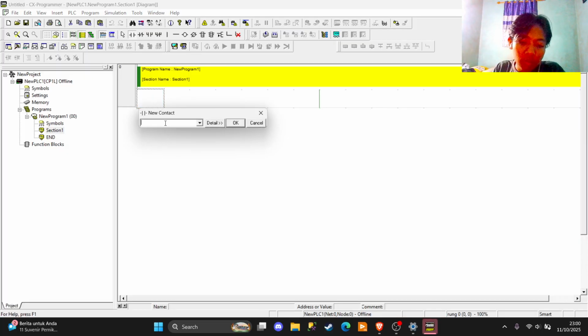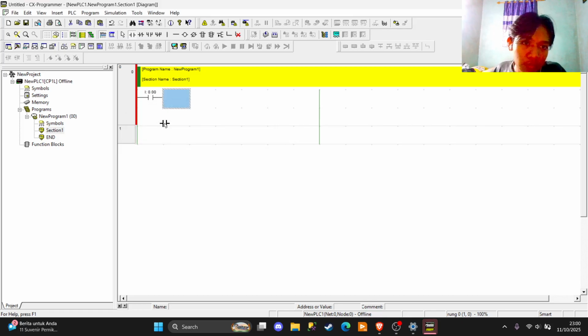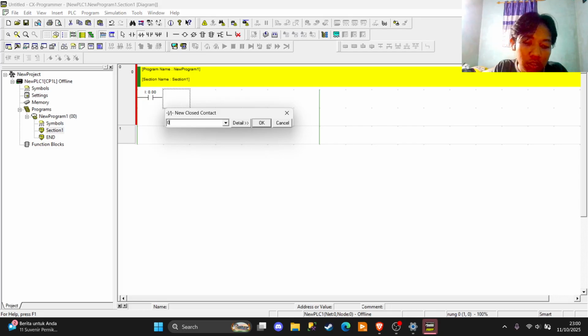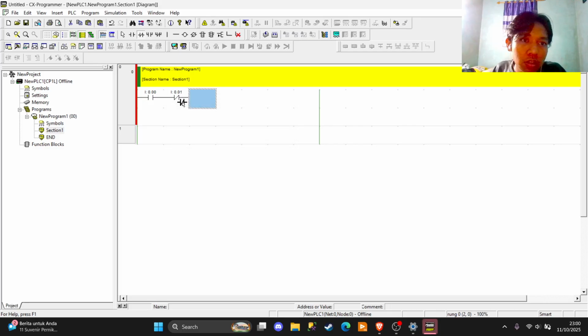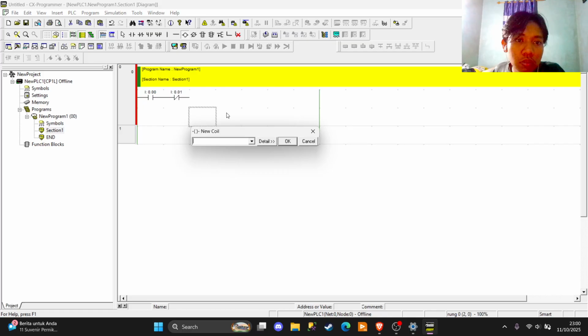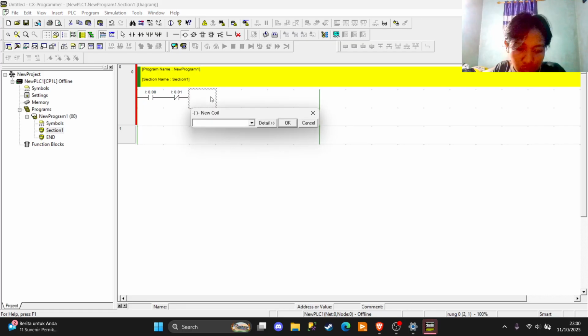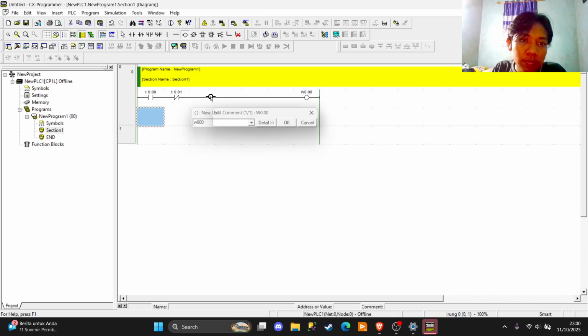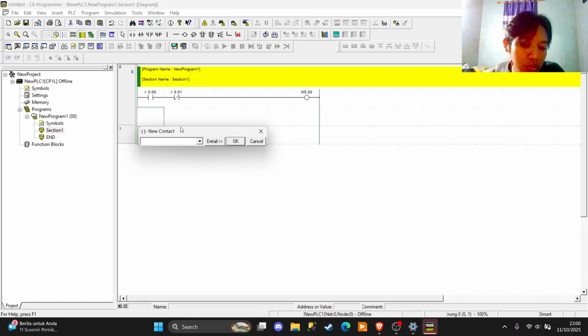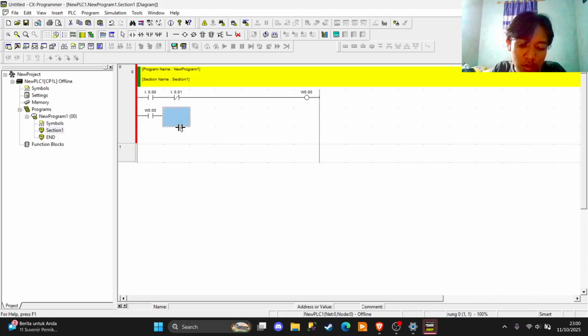First, we need NO and then NC, and then the output. The output is Y000. Okay, and then we should put the NO same as the output, because this is the interlocking.